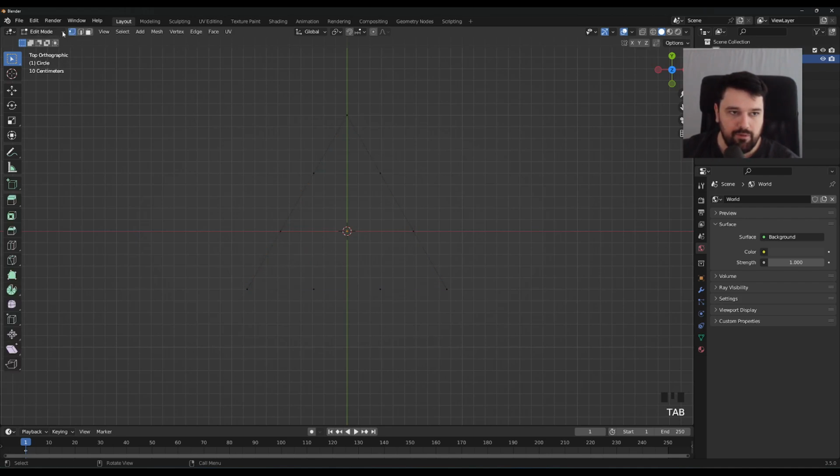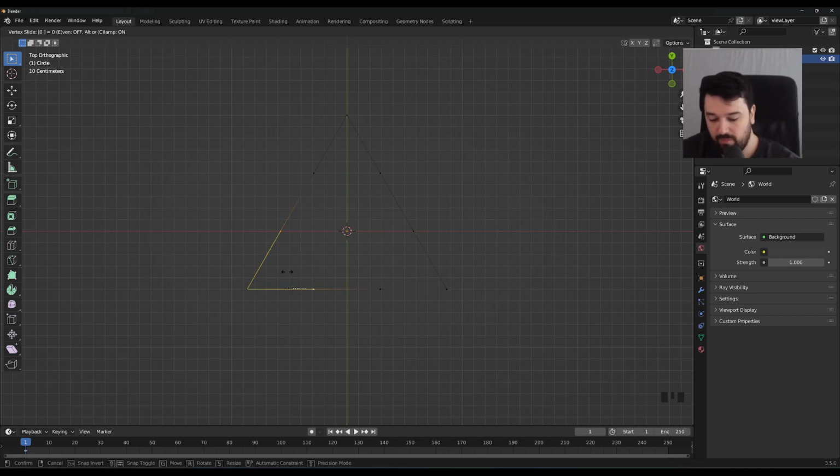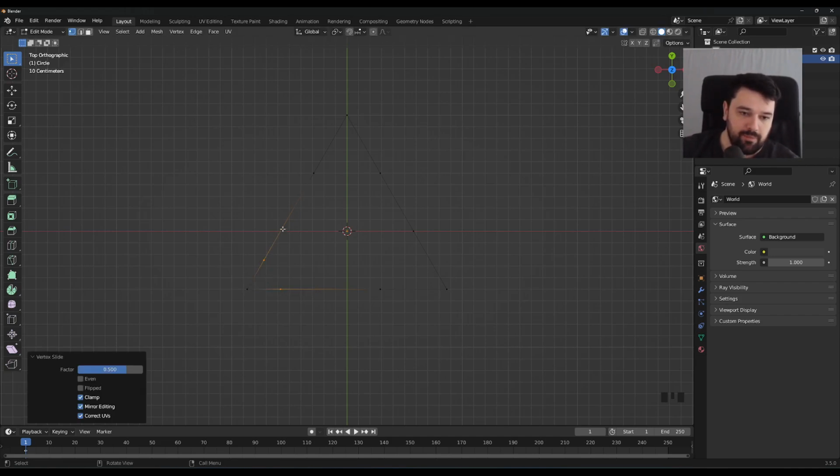Make sure you're in vertex selection mode, edit mode again. So drag select these 2 vertices. Press G once to grab them. Press G again for them to slide along their axes. And you can either eyeball it as close as you would like, or you can press 0.5 into your keypad, push enter, and that moves them half a meter in the positive direction